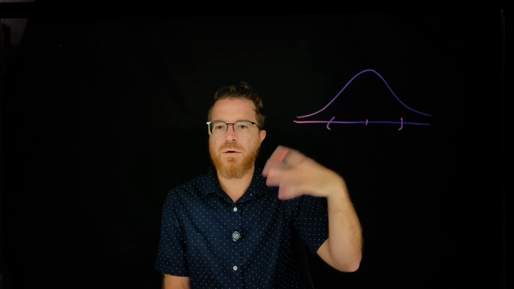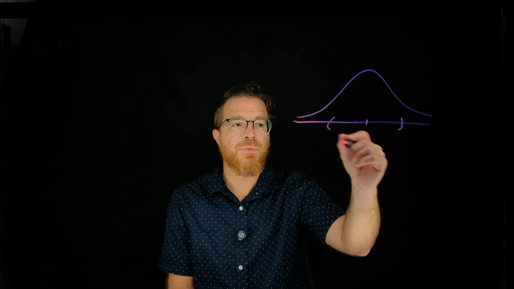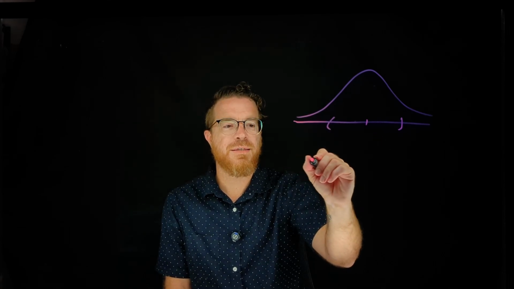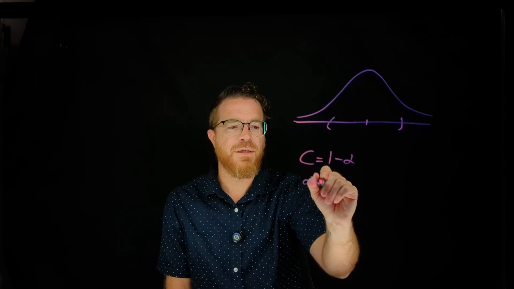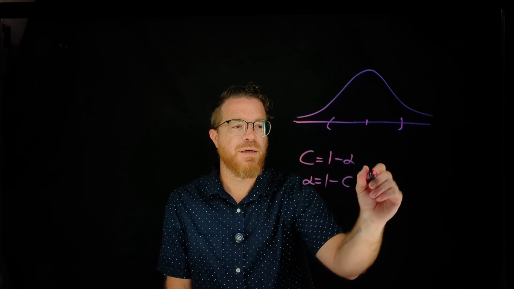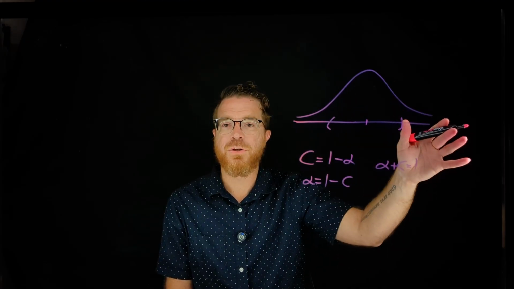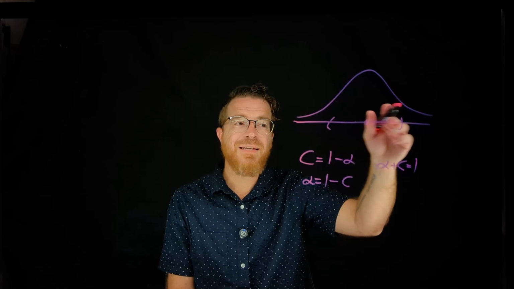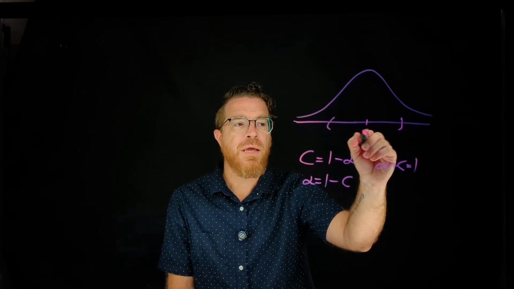And we're saying that we're some percent confident the true mean falls in here. So when you find your confidence interval, remember the fact that c is just equal to 1 minus alpha, and alpha is 1 minus c, because alpha plus c is just equal to 1, right? The area under the curve is equal to 1. So when I find these z critical values that give me this confidence interval on the standard normal, then really